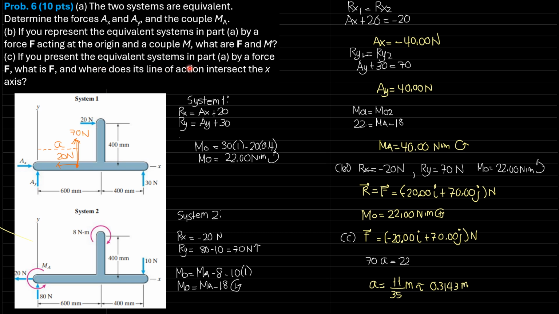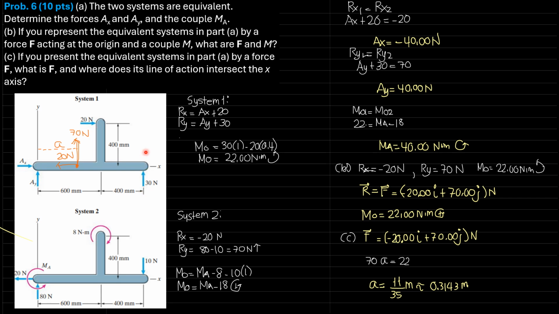Then if you represent the equivalent systems in part A by a force F, what is F and where does its line of action intersect the x-axis? So we retain the principle that for equivalent systems, the resultant force is the same and the resultant couple is the same. So for system 1, Rx is equal to Ax plus 20 and Ry is equal to Ay plus 30. And the moment about the origin, MO, we select this as the point, is equal to